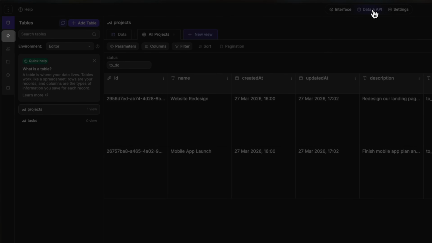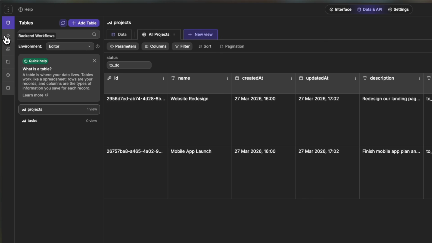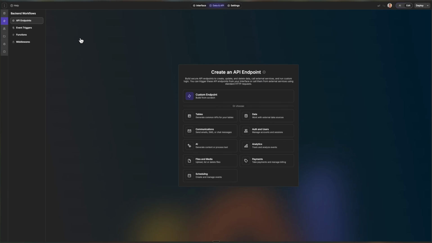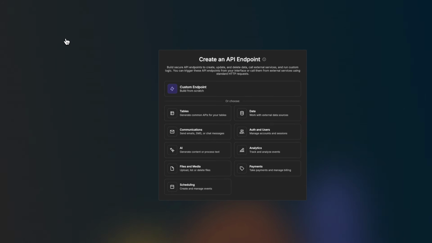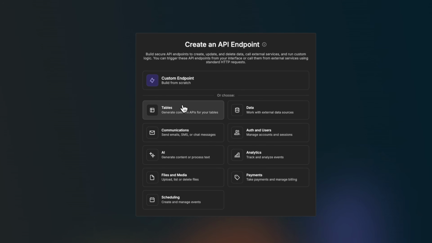However, this time, I'm going to go to the Backend Workflows subtab. And here, you'll have the ability to create API endpoints. And if you're not too sure what an API endpoint is, basically, it just lets your interface interact with your database. And so I could start from scratch if I wanted to, but for our use case of adding data